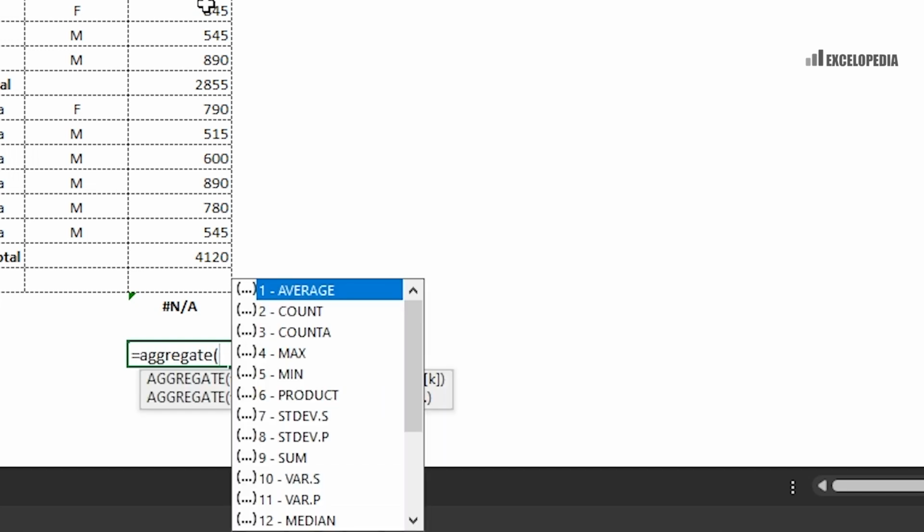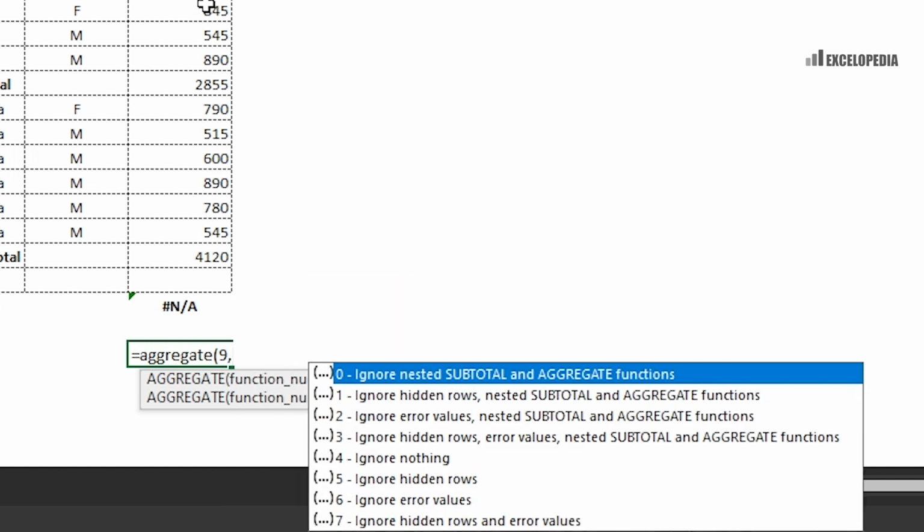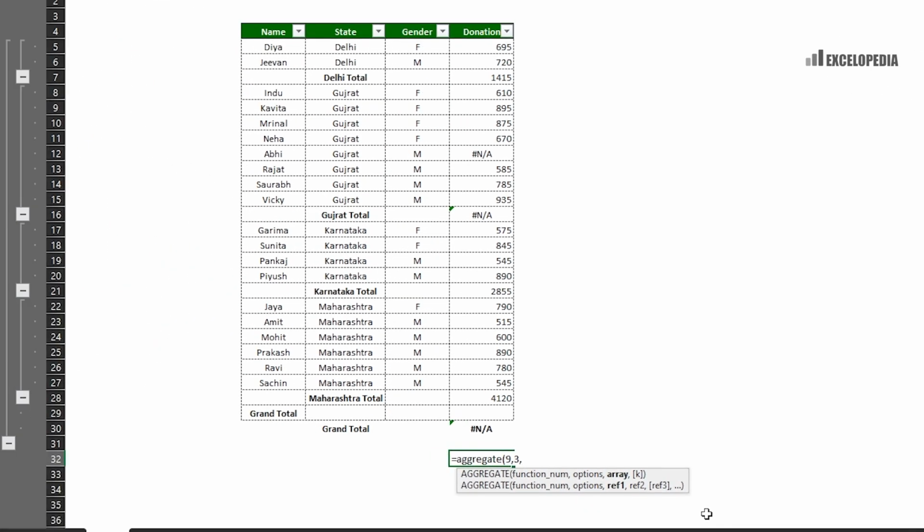All right. Now let's look at the next option we have. I'm going to delete this and I'm going to say equals aggregate, bracket open. Again, 9, comma. It says ignore hidden rows, error values, nested subtotal, and aggregate. So I'm sure this is very self-explanatory. This is basically adding one more option here. So along with ignoring error values, nested subtotals, and aggregate functions, you also get to ignore hidden rows. We have that option here, but earlier we didn't have the option to also ignore error values, right? So I'm going to enter 3, comma, and I'm going to select this whole thing here, bracket close, enter,